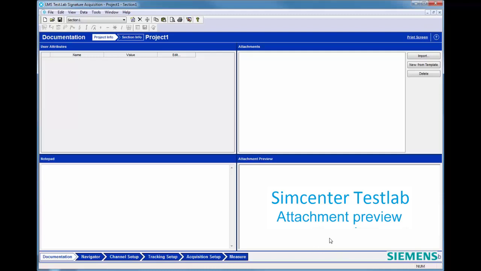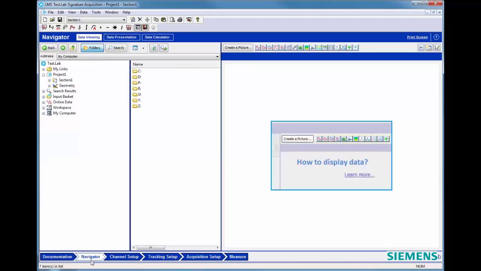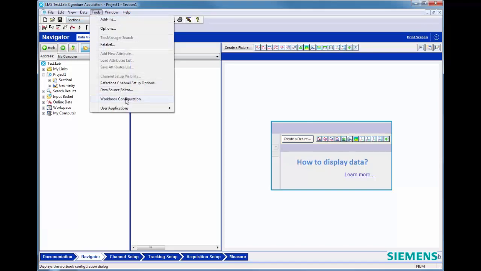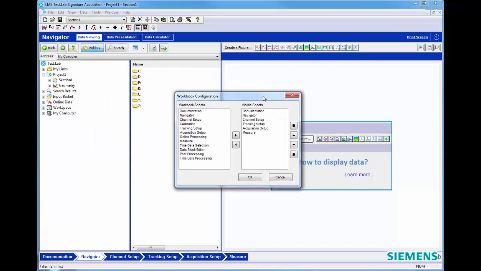I can also change the order of these steps if they're not in the order of my preference. Let's say one of the things I like to do is look at my data right after I acquire it. Well, Navigator is where we do that, right? It's where we plot the data we've just acquired. Maybe we compare it to something else. So I can also move that to the end. So if I grab the Navigator page and I either click down, I can move it all the way to the end, or if I just hit this double arrow here, it moves it all the way to the end.